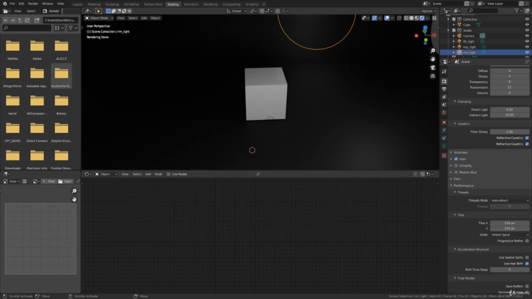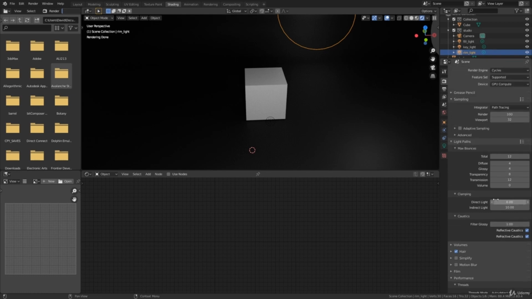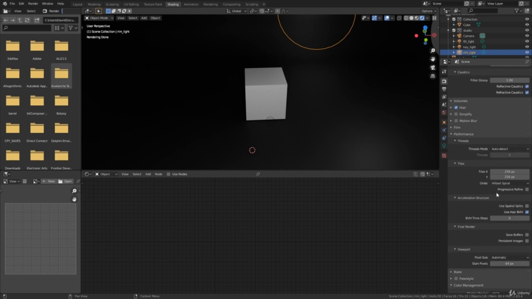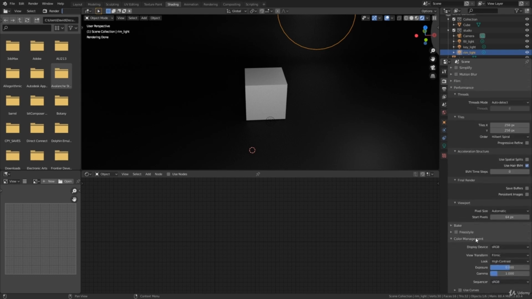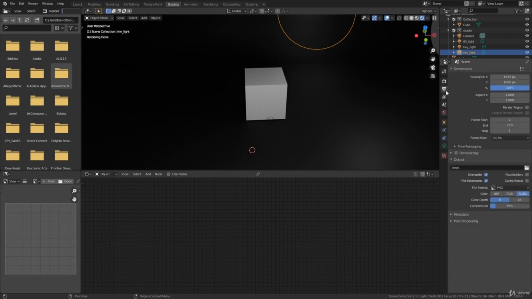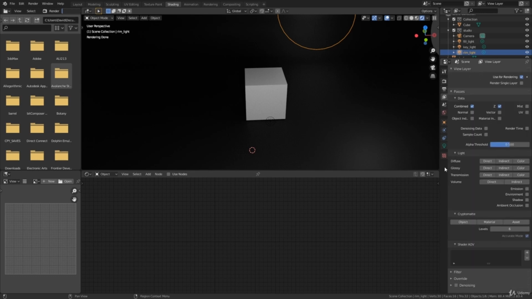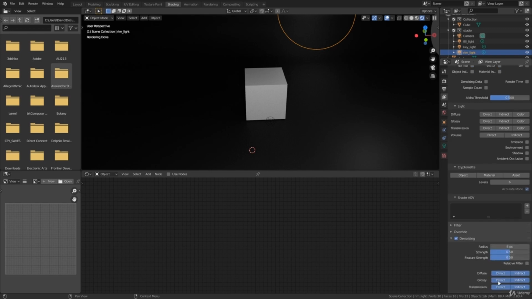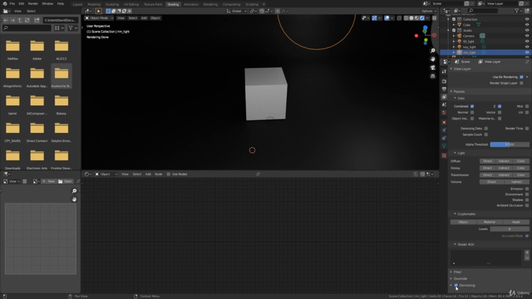If I would render now, it will go way quicker, and that is one of the things that you should really keep in mind. Also, a thing that is quite new, and there are multiple ones of these available, is something called denoiser. So let's look at it. It is here in the view layer properties, denoising. You can select it, and you can also change some options, but even if you just keep it at this,